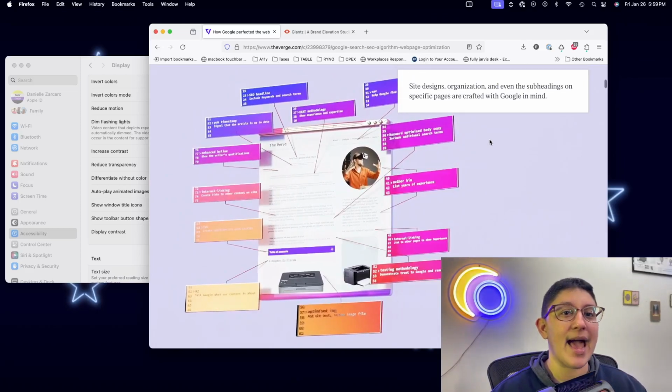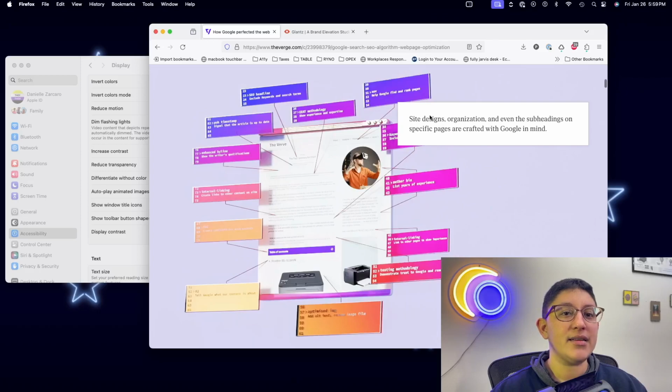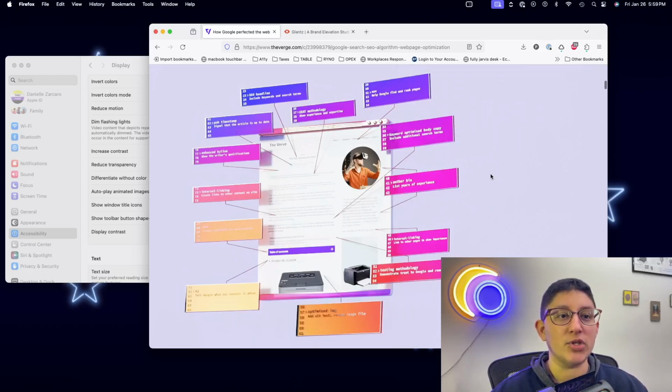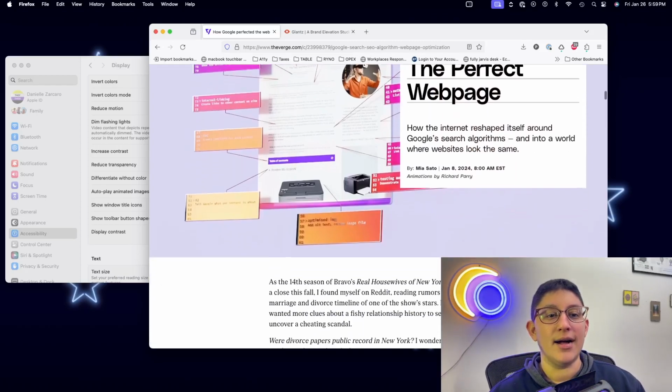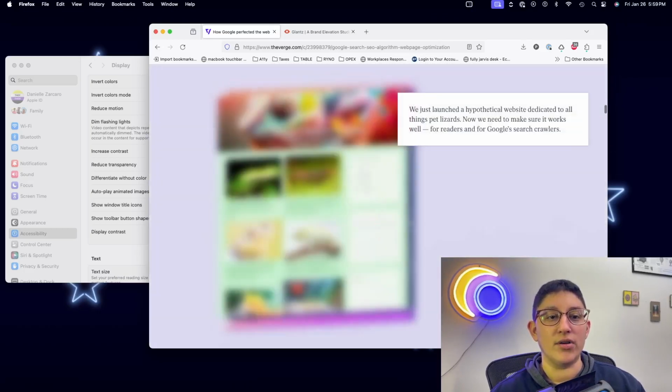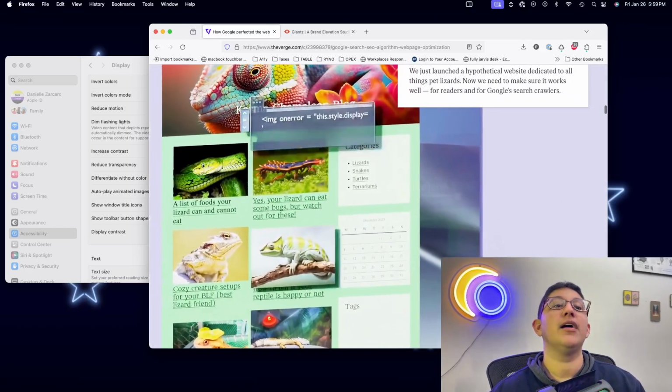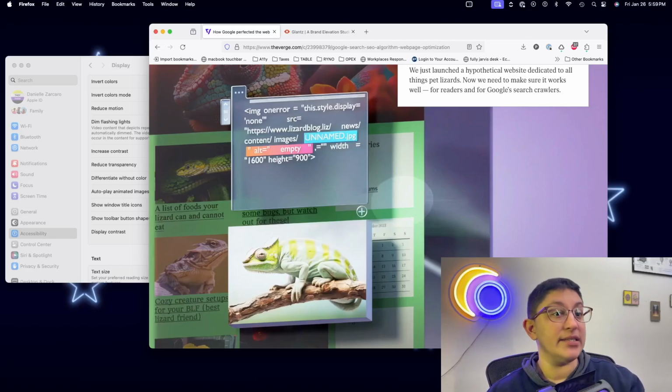There's a big gap between this text that says site designs, organization, etc. And then I'm scrolling and I'm not seeing anything move at all, but I still have to scroll to get to that next text box. I find it a little disorienting for me as somebody scrolling through the site. And then you have the article and the rest of it. And then you have another one, whereas this one has a little bit more motion.